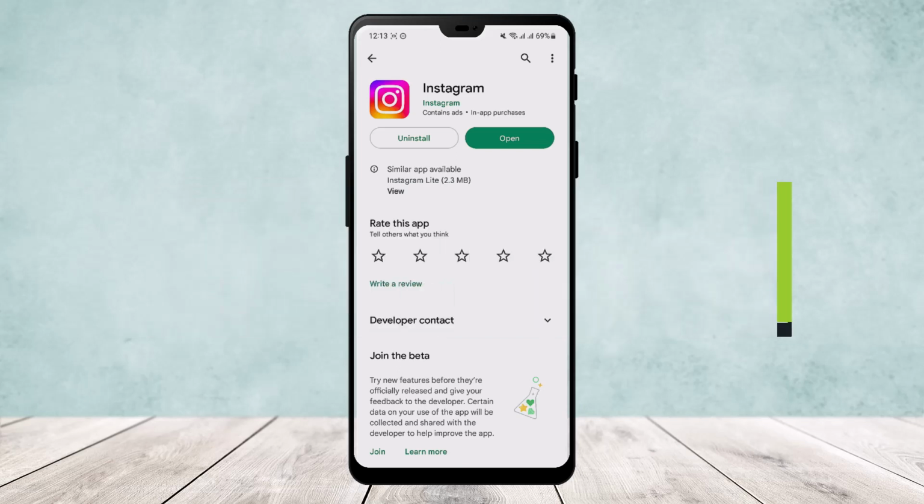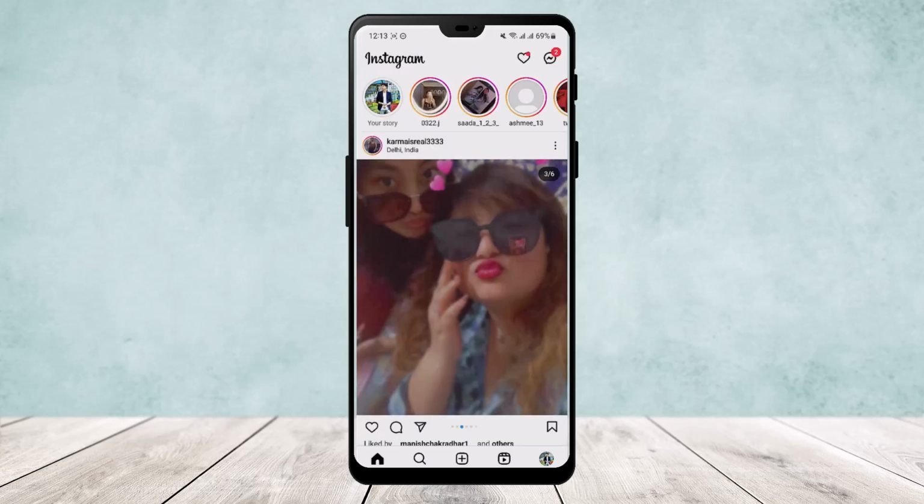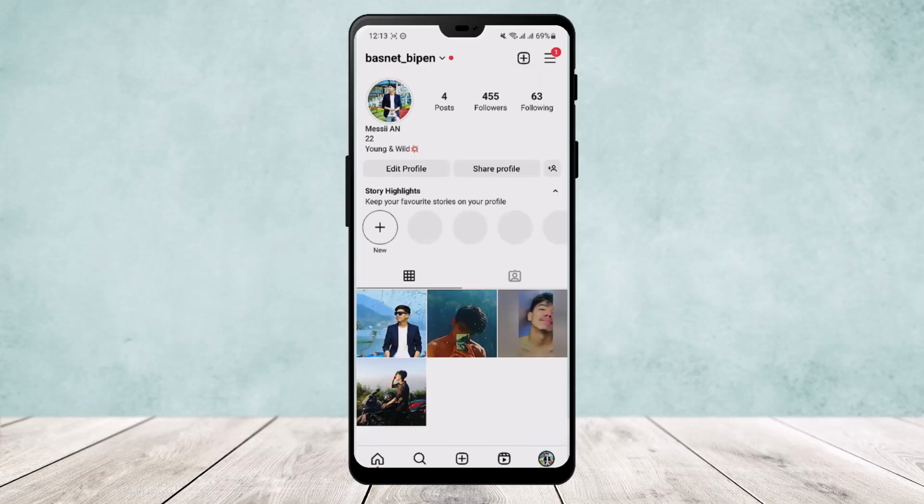Today I'll guide you on how you can connect your Instagram and your Facebook account and connect the friends or connect your contacts. Now, to do so, open your Instagram app and log into your ID. Now once you're logged in, head over to your profile by tapping on the profile icon on the bottom right corner of your screen. And once here, tap on the three-line icon that you can find on the top right